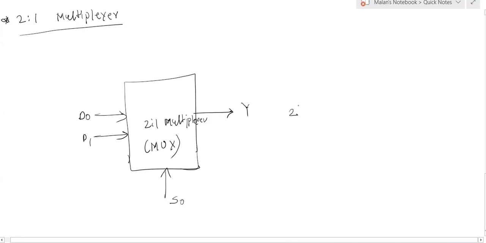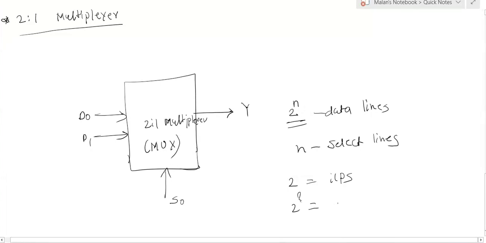As we know, 2 raised to n are the data lines and n is the select lines. So if we know the data input lines as 2, then we can identify the select lines.